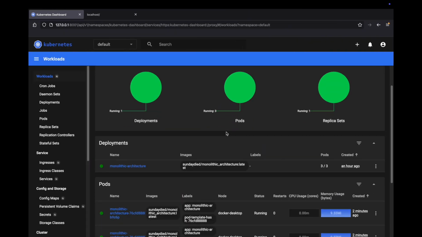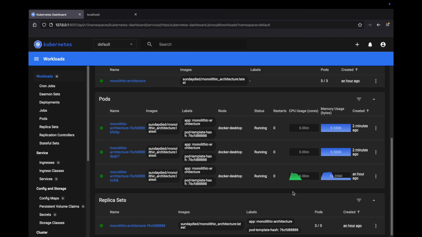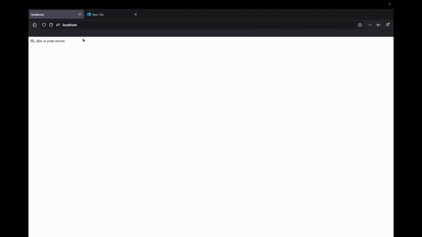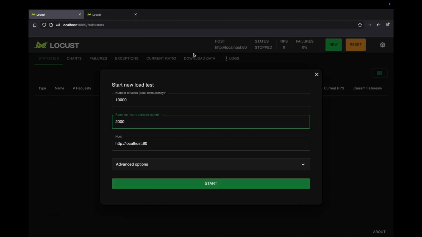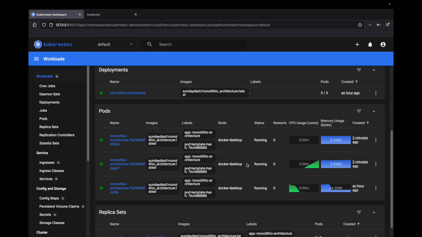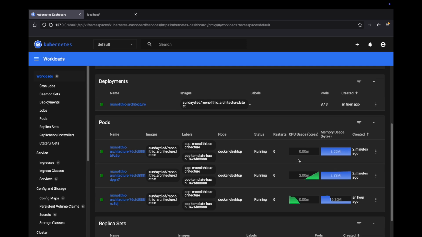Now this is the dashboard. You can also see over here the utilization. If I go in the browser and load, you can see our application. Now let me go to Locust and start the load test. You can see it has already started. As you can see over here in the dashboard, the utilization of the pods has started to go up. Now the load balancer